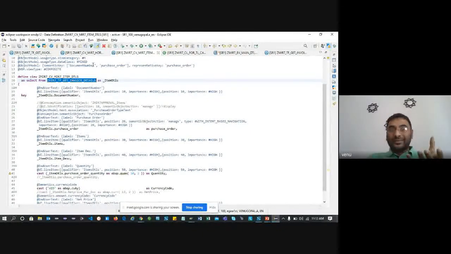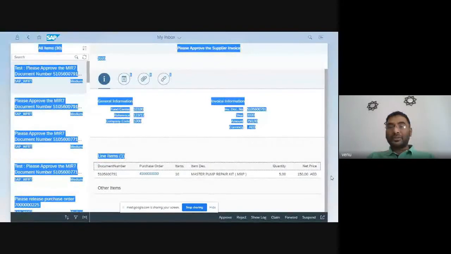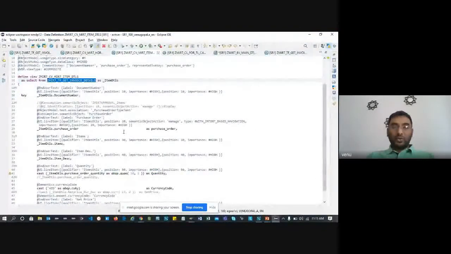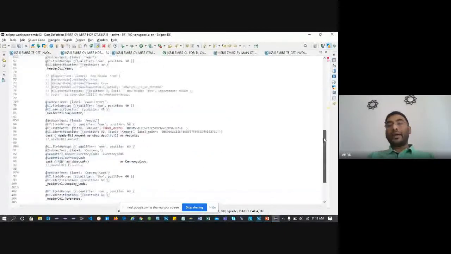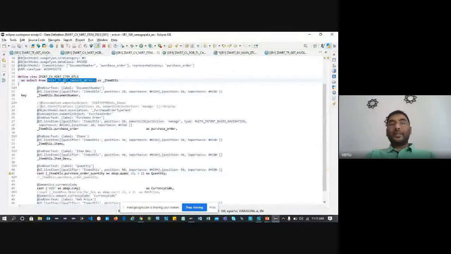So that item CDS view, I've just created. I prepared the data I required, as in all the items, and then I'm calling it here. The only thing is how you make the association with my item. You can see here, this is my item, get invoice details. Sorry, not this one. This one.